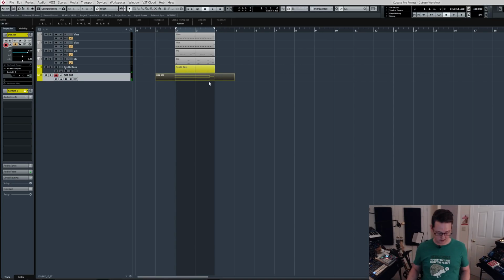Now, I don't even have to zoom in here. I already know that I want to do quarter notes. So if I hit 4 and just hit Q, you can see it pops it in automatically. And if I hit Option Q, if you watch right here at the ends, it tails everything in for me and makes it so that it will loop perfectly. This is going to go out of